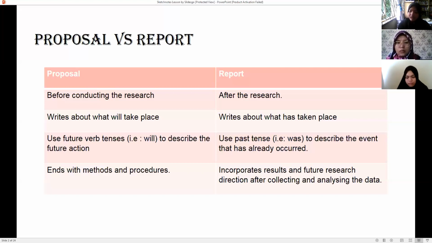It incorporates results and future research directions after collecting and analyzing the data. So a report has, if I'm not mistaken, the introduction, your literature review, your methodology, and your findings, which is the data analysis, and the future research direction.